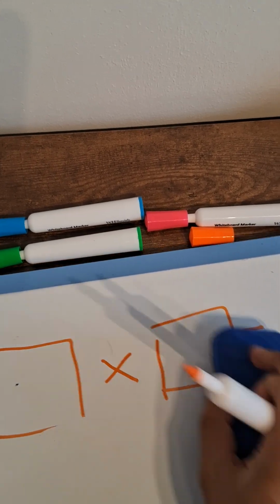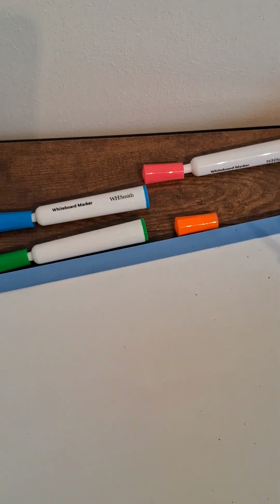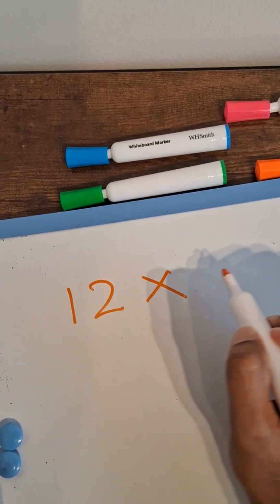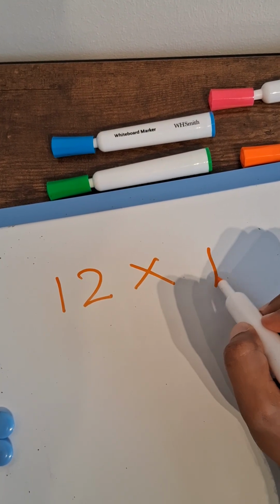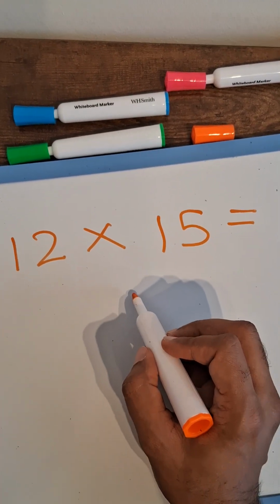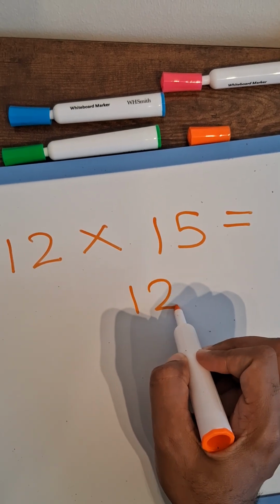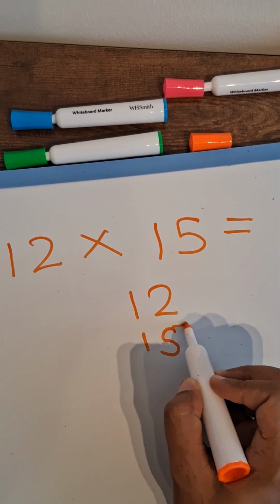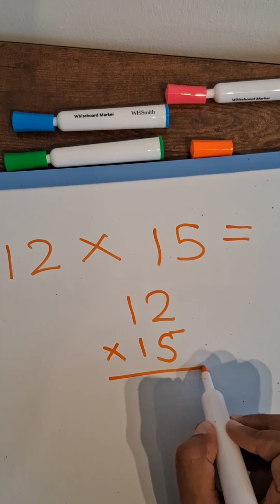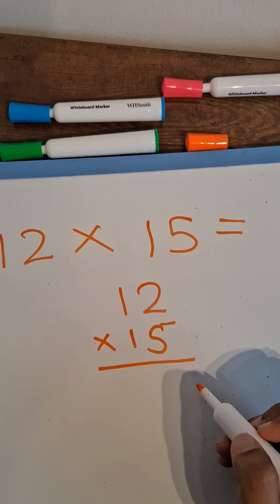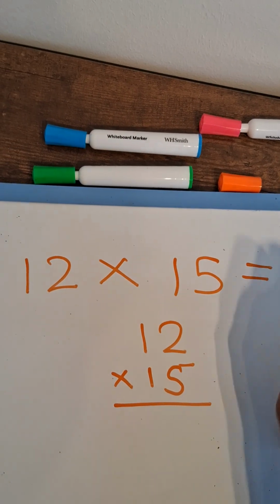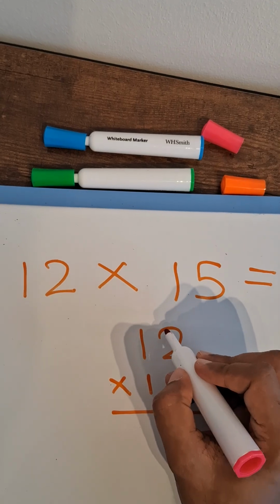As I told you, think, 12 multiplied by 15. You always have to write the first number first and the second number at the bottom. And you have to put the multiplication sign over here. Then you have to do the calculation. First, the first line is always the right line. I'll do it